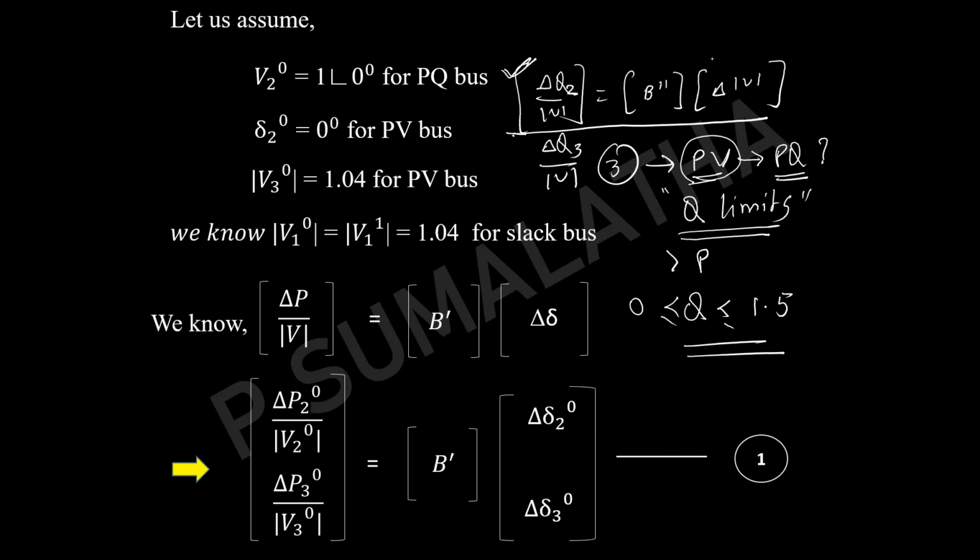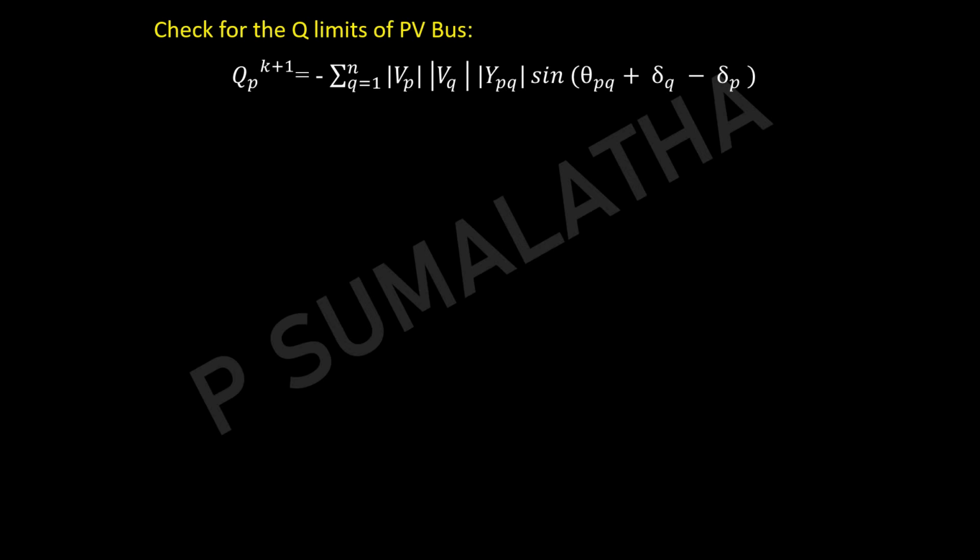So for that reason, before starting all these calculations, delta P2, delta P3, delta Q2, all these things we have to find out, let us check the Q limits first. If they had not provided any Q limits, you could directly go with the calculation of delta P2. Since they have provided the Q limits, before starting with the actual problem, you need to check the Q limits. So let us check the Q limits.